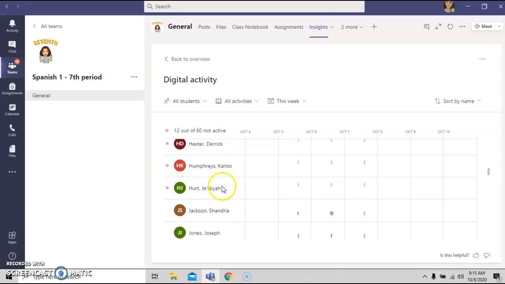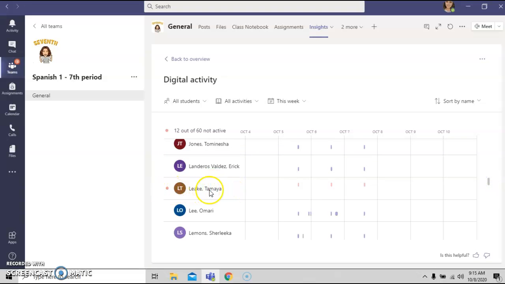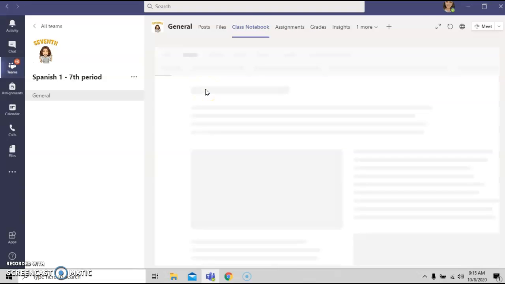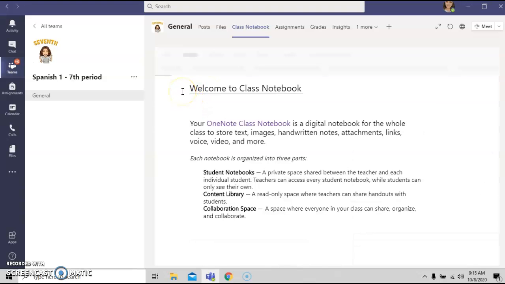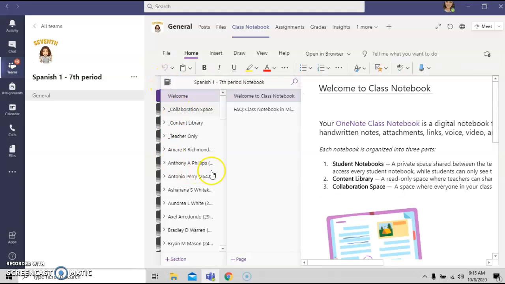Here it is, Humphreys, Hurt, and they're showing as inactive this week. And Leak, just as examples. And they also still show up in the class notebook as well, even though they were removed. And I know that that's supposed to be an automatic thing, that they're supposed to be